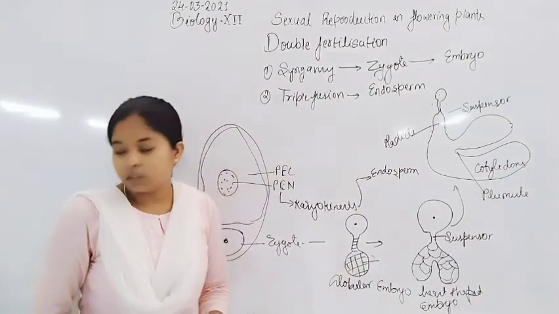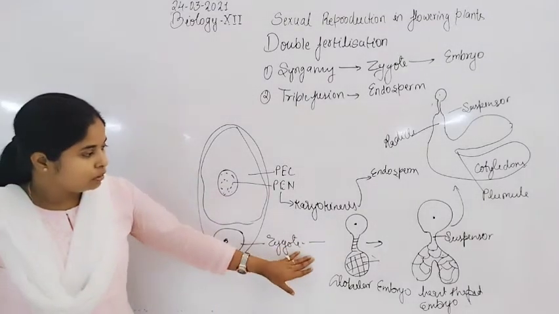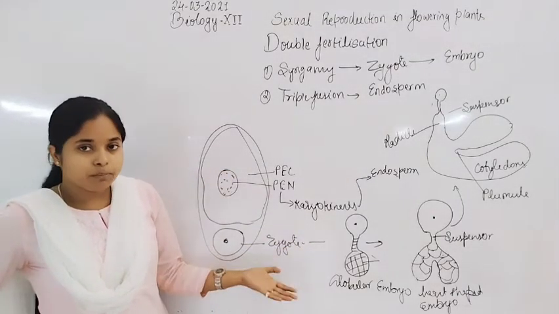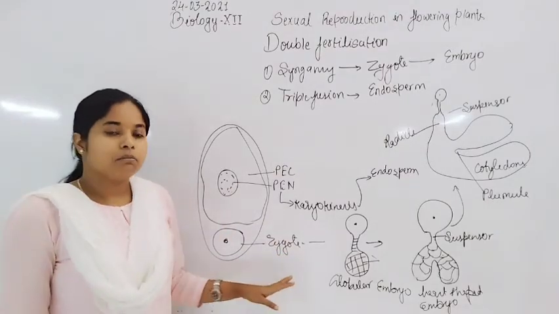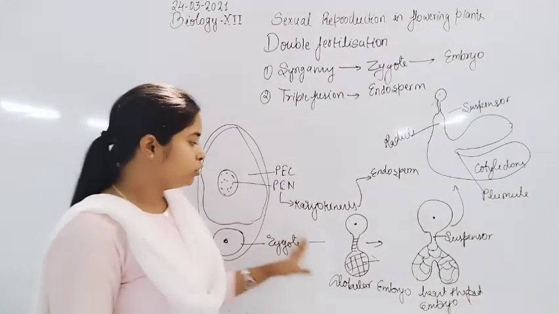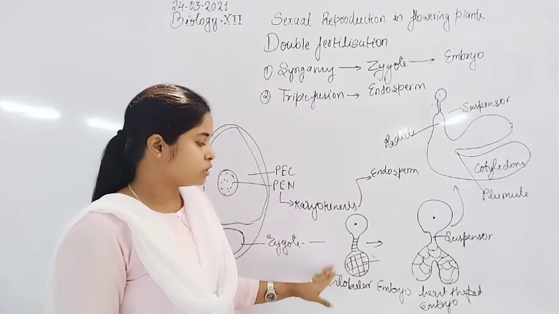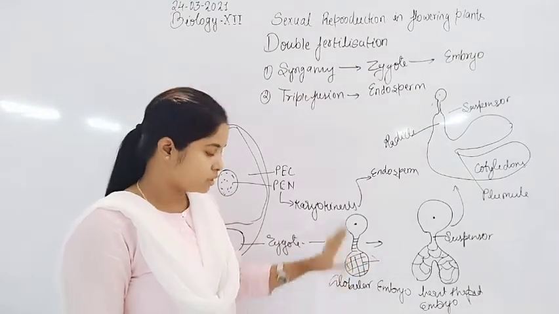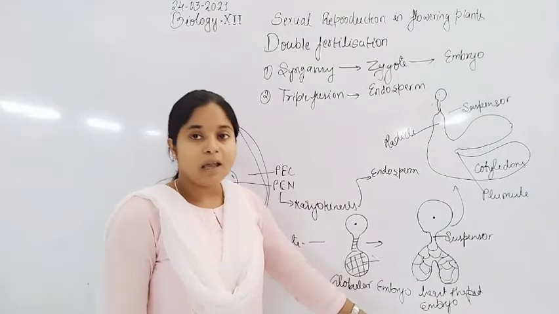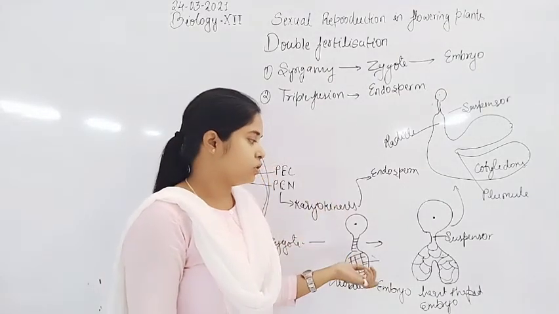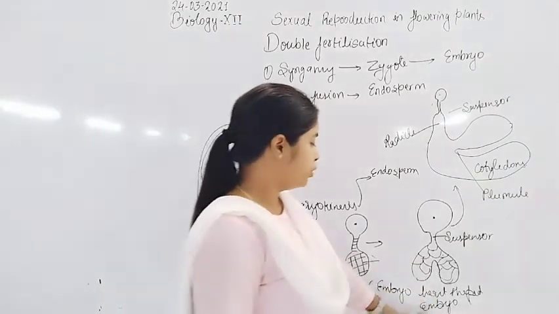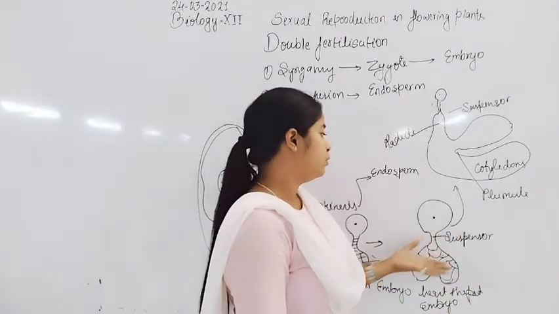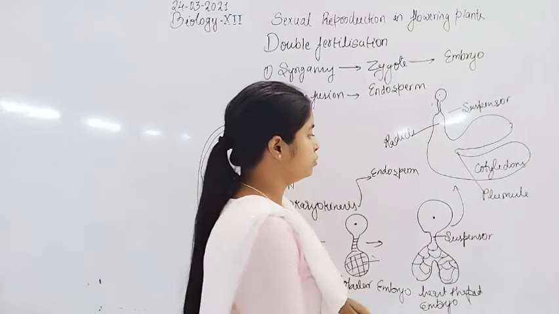Cotyledons. So this is the structure of the mature embryo. The mature embryo is formed by several mitosis divisions. The zygote undergoes mitosis division. After the mitosis division, there is formation of the globular embryo, a globular-like structure with developing cotyledons. And finally, the embryo converts into the heart-shaped embryo and then into the mature embryo.